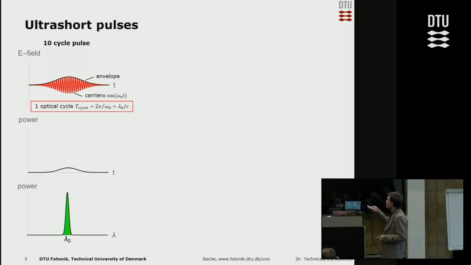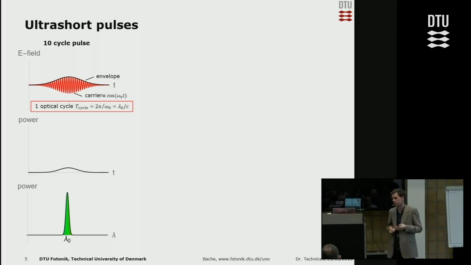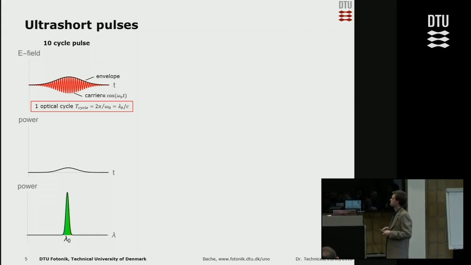So the power is this envelope here, and because this is a 10-cycle pulse, which is what typically comes out of a laser amplifier, the power is actually more or less a single color. Let's say it's green, it's greenish all the way through. But if you take a shorter pulse than this,